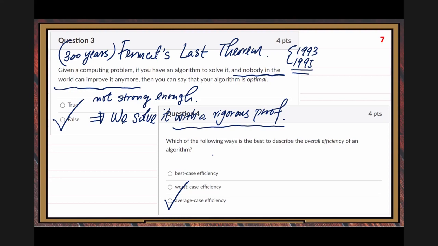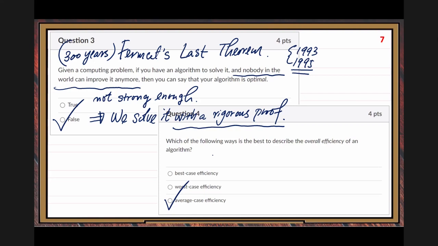But the calculation of average case is not that easy. We did it for linear search. Remember, we did it for linear search. But for many other questions, we didn't do average case computation. The reason is that it is relatively more complicated, so we skip that computation. But later we will do some more practice. When we learn binary search, we will do another special average case computation for binary search.